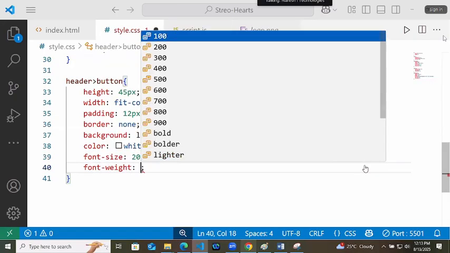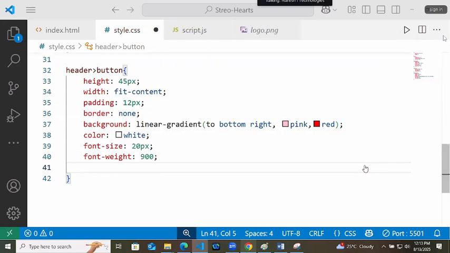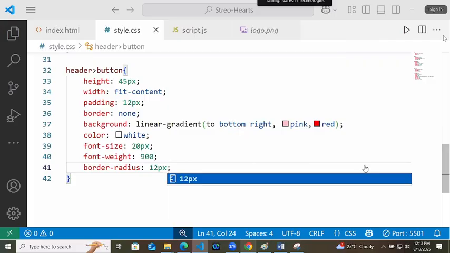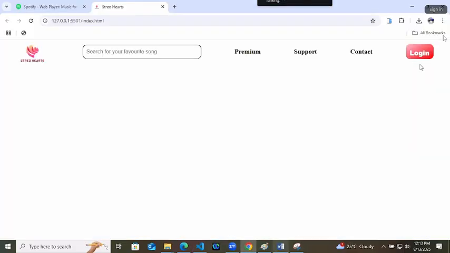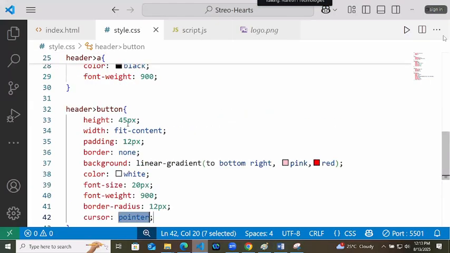Font weight 900. Border radius to the button of 12 pixel and cursor as pointer. Something is problem in this. Height, width, padding.